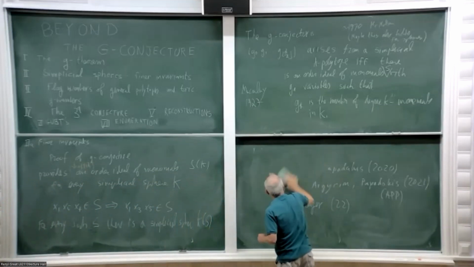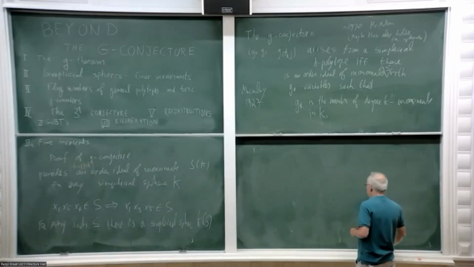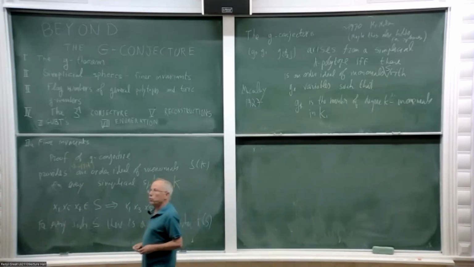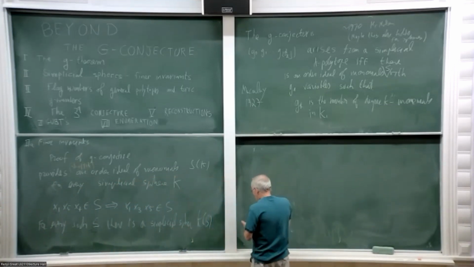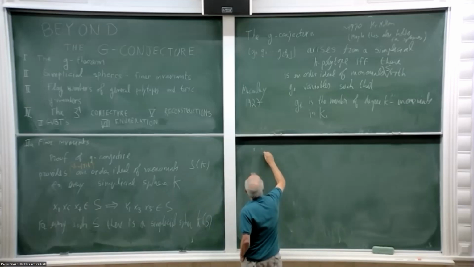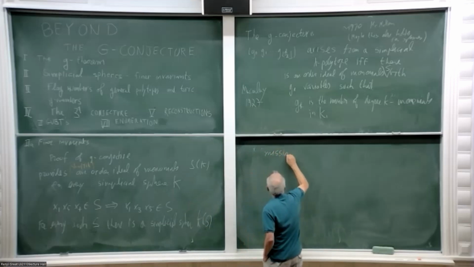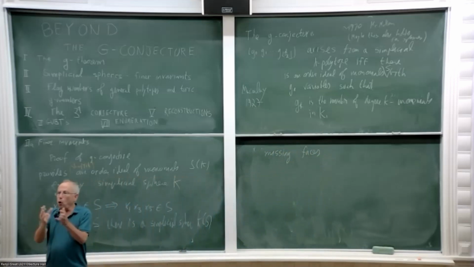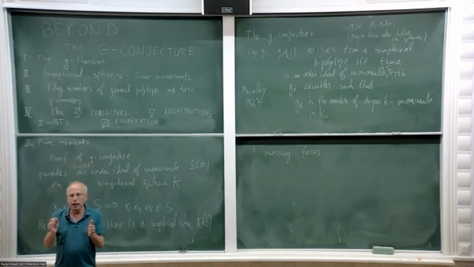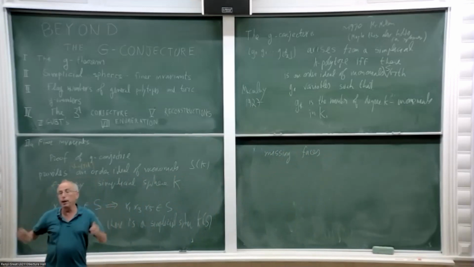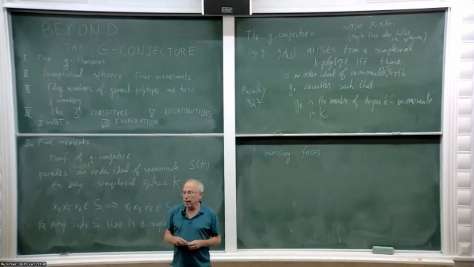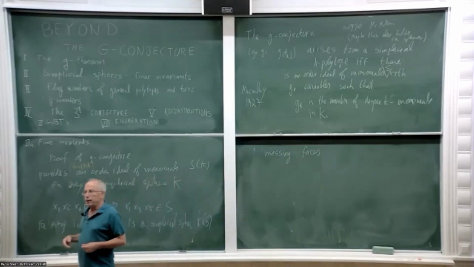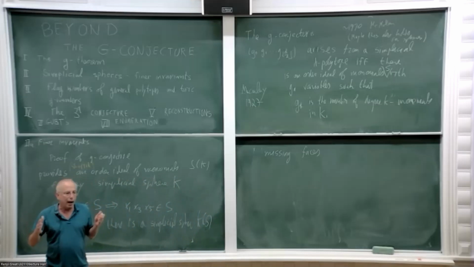So mention some other nice parameters. Maybe I'll do it quickly. We can count not only faces, but let me do it quickly because I want to do other things, but I should say that we can also count missing faces. So missing faces are collections of vertices, so that every proper subset of the collection is a face, but the entire collection is not a face. So this is called the missing face. And in addition to the list of the face numbers, you can also add a list of the missing face numbers. And it turns out that these missing faces play a role in the commutative algebra